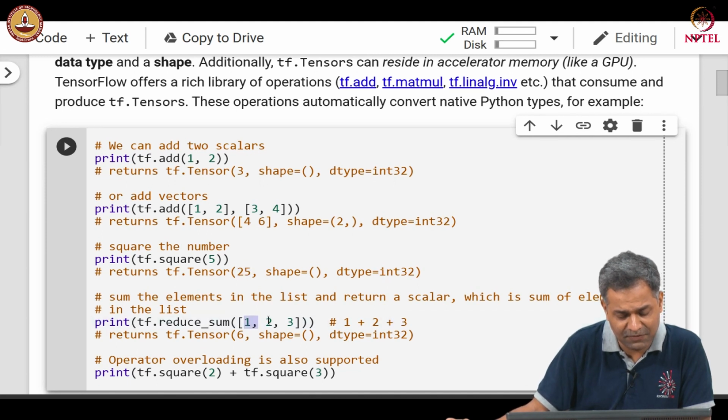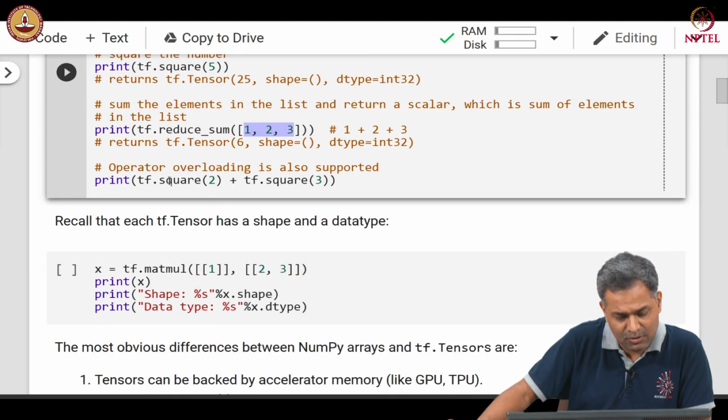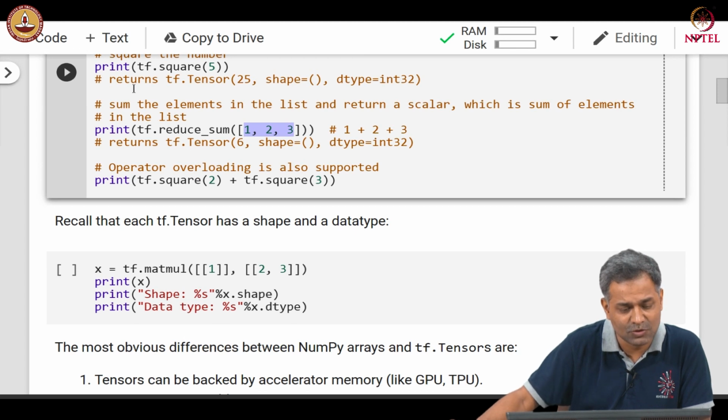For example, given a list 1, 2, 3, this will return a scalar tensor whose value is the sum of the elements in this array. We can also apply the tensor operations and do addition. So in that sense, operator overloading is also supported.